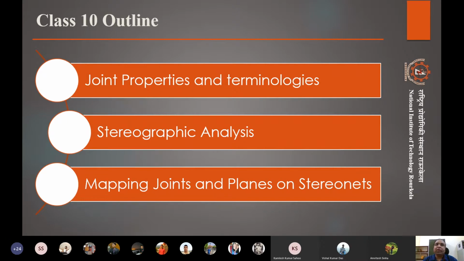When we have the idea of how the planes and joints are mapped in a three-dimensional way, we can find the dynamics of the interaction of these discontinuities.